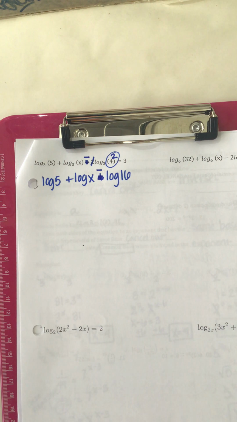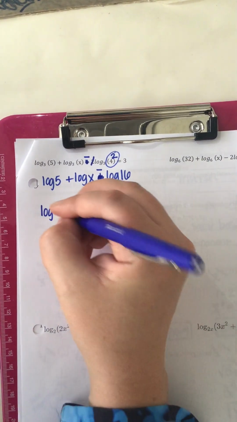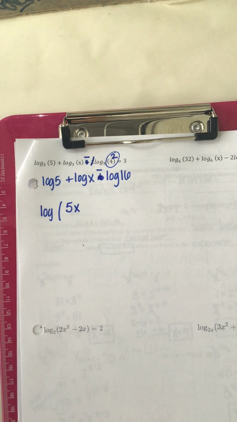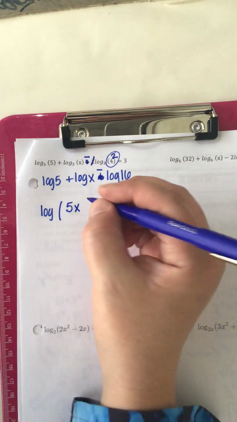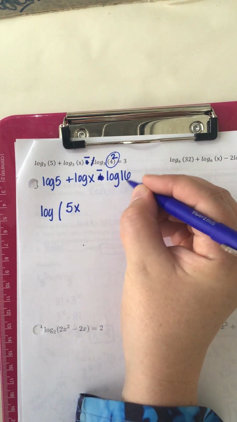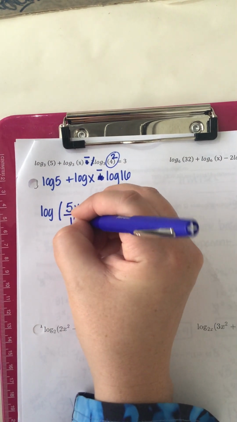Okay, so we're just pretending that was originally a minus 2 log. From here, how am I going to combine those into the same log? What will I do with the 5 and the x? Multiply or divide? So 5 times x. But now that my 16 is subtracted, where will that end up? Where do the subtracted logs get combined, with multiplication or division? So that'd be a divide by 16